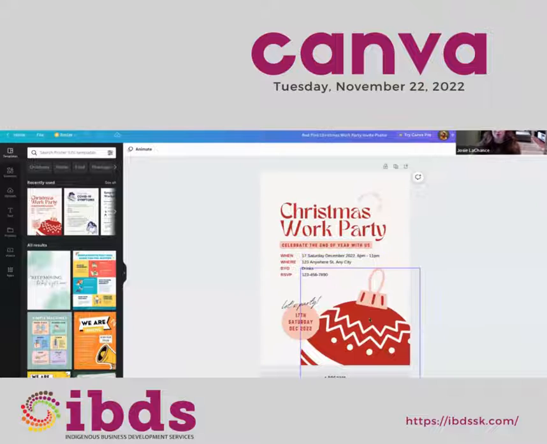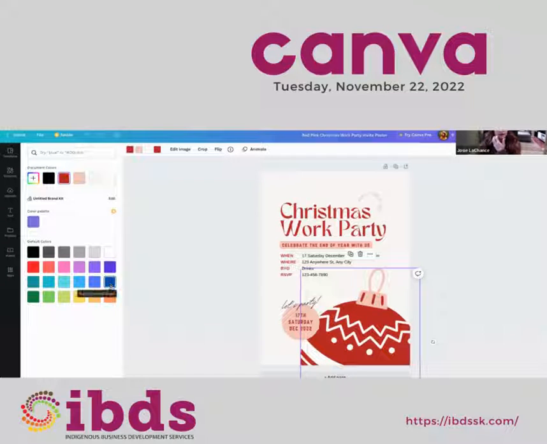I just want to show you on an image like this poster here. You can click on this bulb that they already have on this template, and you can adjust the color. So maybe you're doing something and you like this bulb image, but maybe it's blue and gold.